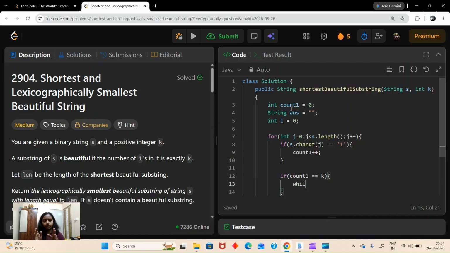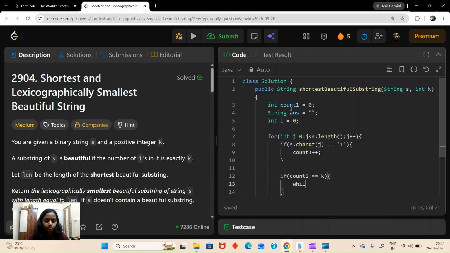So here what we have to do is check. So how do we get the length? Let's first find the length. Int length is equal to answer.length.